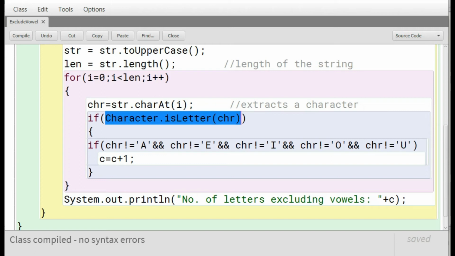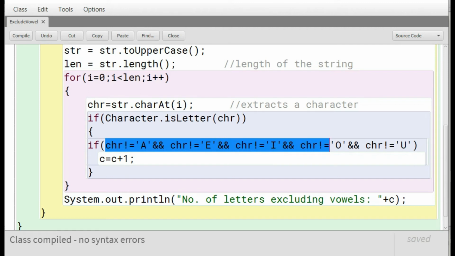So we are checking whether the character present at any index position of the string is a letter or not. If it is a letter, then we are further checking whether the letter is a vowel or not. If the letter is a vowel, then obviously we will exclude it.